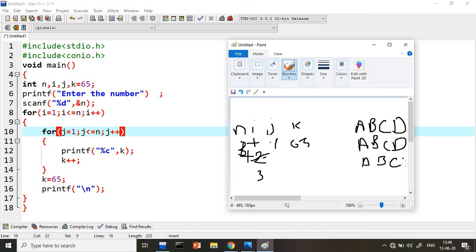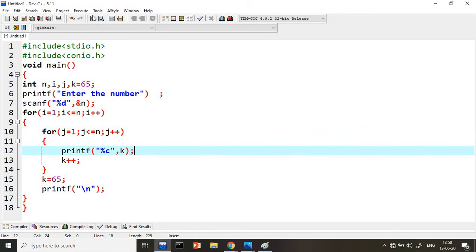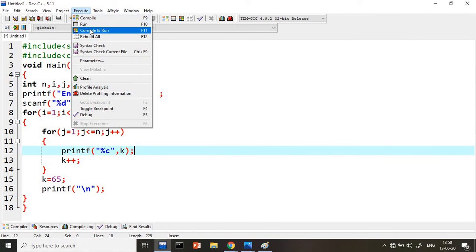C and here D is there. So ABCD, am I right? What will happen? Again this value will become 69, this value will become 4, again I value will be incremented to 4. Again fourth row will come, this J value will become 1, this will become 65, and again it will print ABCD. So don't get any confusion here, like this the values will be printed. Up to how many lines is it printing? 4. When I value is 5, our complete loop will be stopped. So finally what we should get? 4 times ABCD, ABCD we have to get.